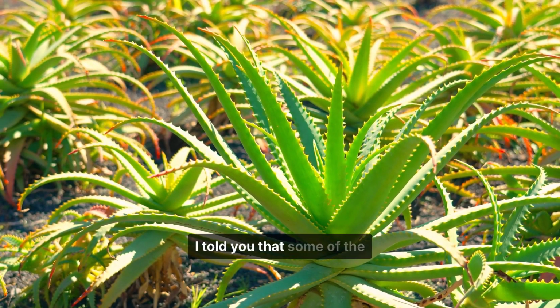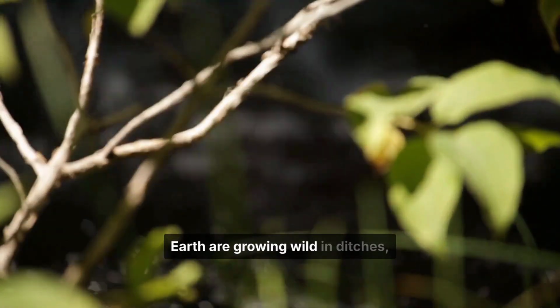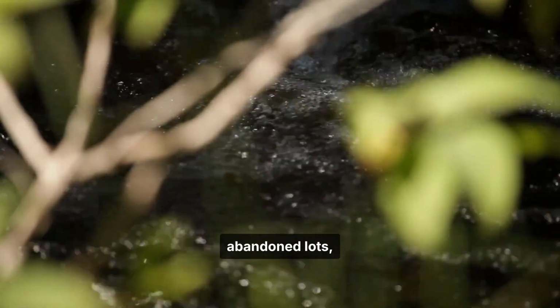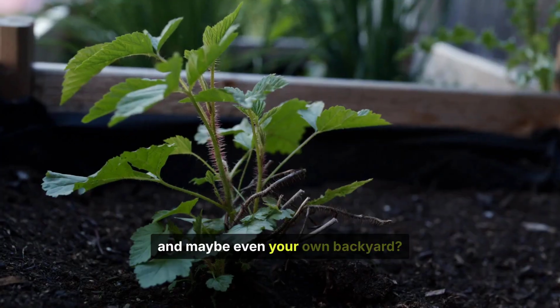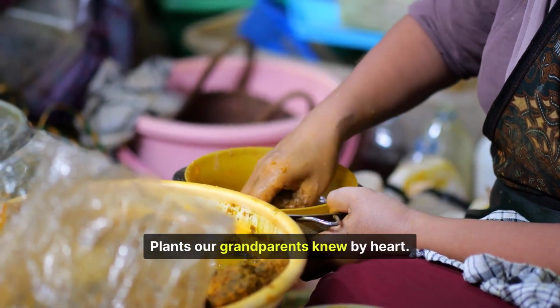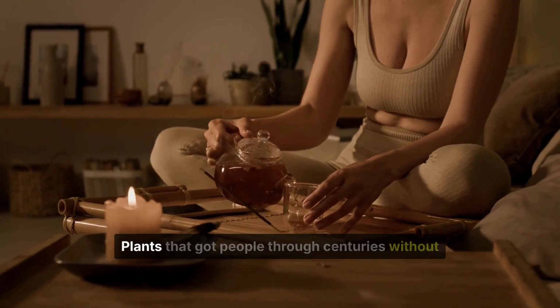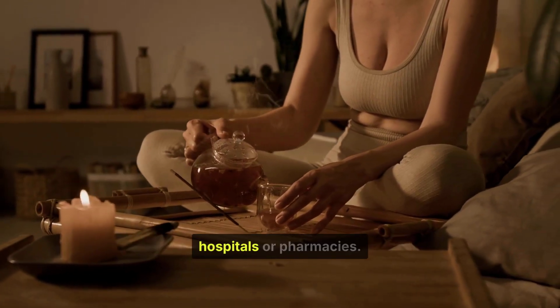What if I told you that some of the most powerful medicines on earth are growing wild in ditches, abandoned lots, and maybe even your own backyard? Plants our grandparents knew by heart, plants that healed soldiers on battlefields, plants that got people through centuries without hospitals